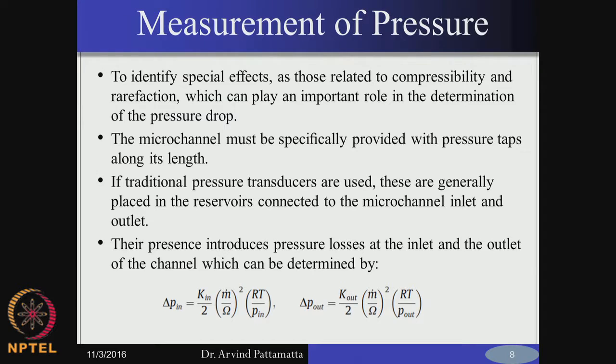For example, for one thing, the entry and exit losses, that is the contraction and expansion losses, are very significant in a microchannel compared to a larger channel. Therefore, it depends to a great extent on where you put the pressure tappings. Just to give an example,